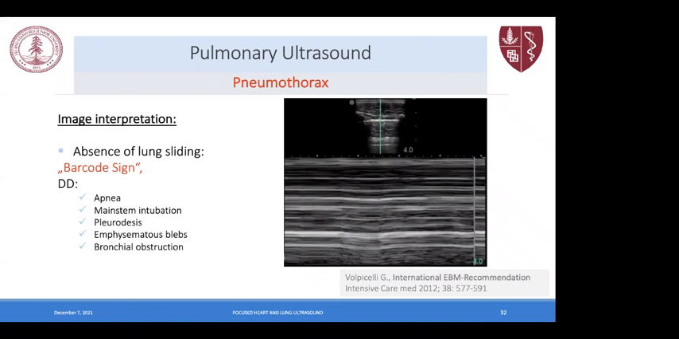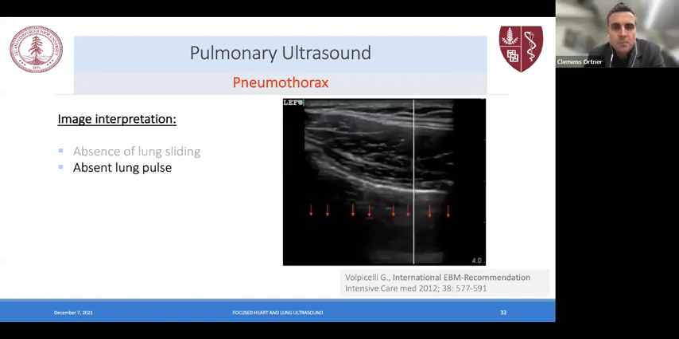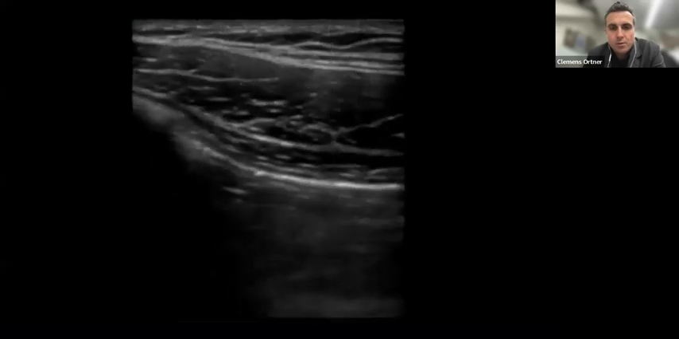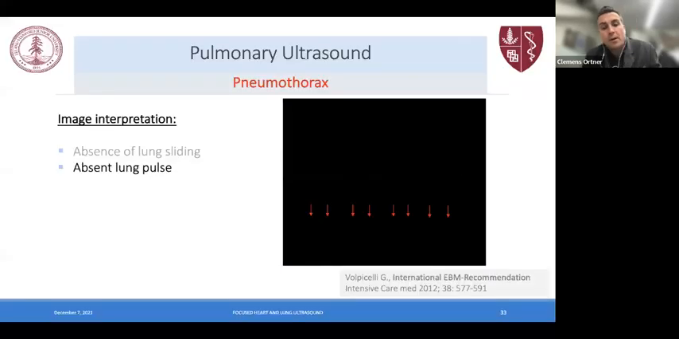You can look for a lung point. Yes, what is that, Meg? Like the area where lung sliding begins, and you don't have lung sliding at one point, that tells you you have pleural movement at some point in the lung. Yes. I will show you this later. And then also,